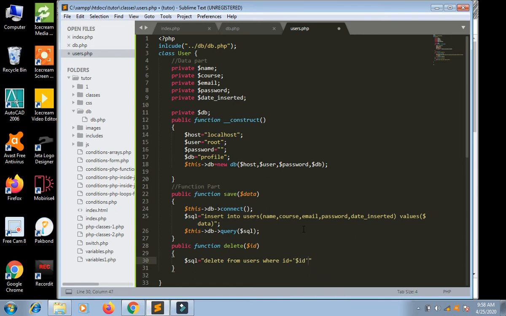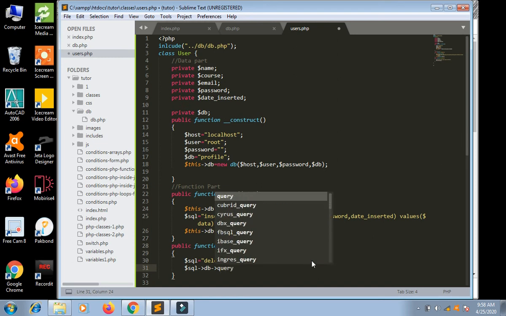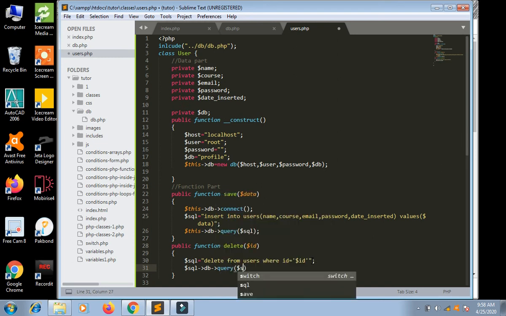You can use this convention, the $id argument. Now the record has been deleted, and after this we use $db query, and in the query we will pass the SQL.